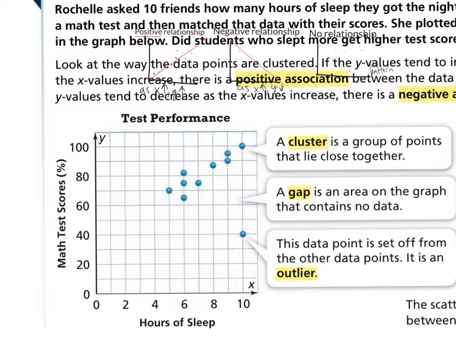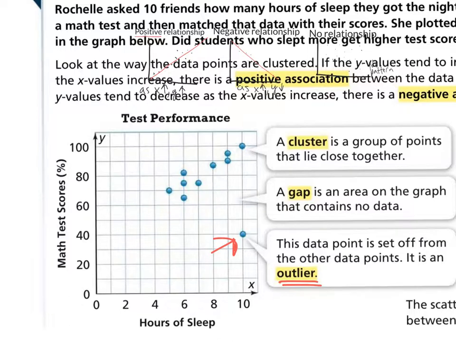Another thing maybe to check besides how much sleep they got is how much they actually studied. So there is one point, if you'll notice, that doesn't really line up mostly with the other points, that outlier. Okay, so this person maybe just decided to sleep, but they didn't even study at all. So even though they slept about the most out of anybody, they got a 40% on their test. Not real great. So besides sleeping, we also have to study too. So an outlier,